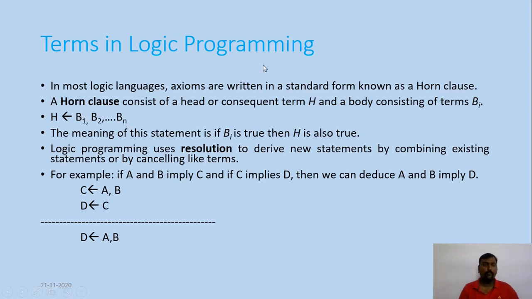So the typical form of a horn clause is B1, B2, etc., Bn implies H, where the head part H will be represented on the left hand side and the body part will be represented on the right hand side of the implies operation. Here B1, B2, etc., Bn are the body and H is the head part of this horn clause. The meaning of this statement is if all Bi are true, then H is also true. That is, if all the elements in the body part satisfy a true relationship, then automatically the head part